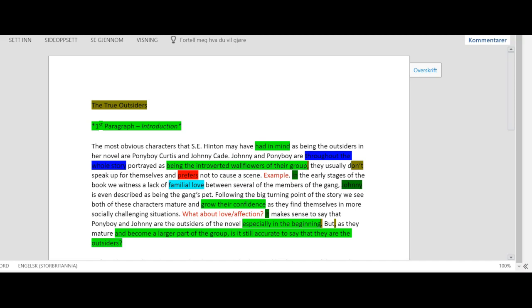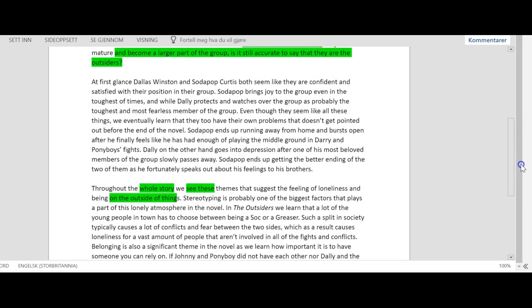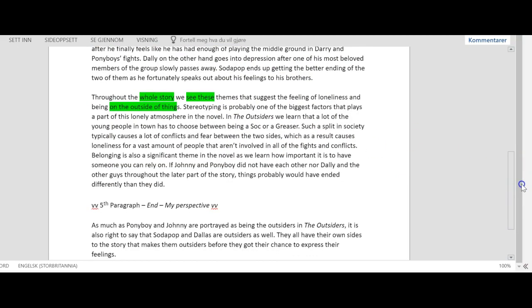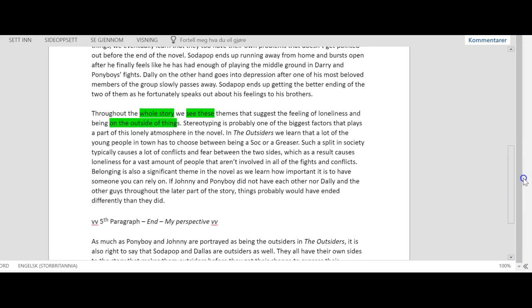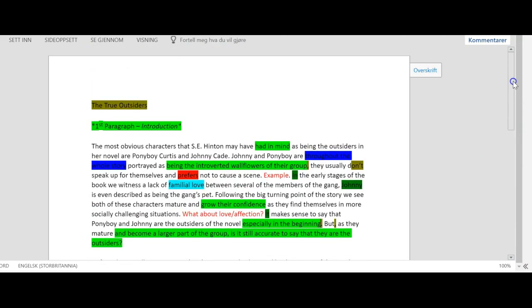And as I said, I'm just going to comment on that first paragraph, but I've already talked to you about content as far as this topic sentence, so you need to make sure that you are on track here. But I have to say I do see that you definitely have a good grasp on the content. Just make sure that you listen to my feedback now and translate that to the rest of your text. All right, first sentence. The most obvious characters that